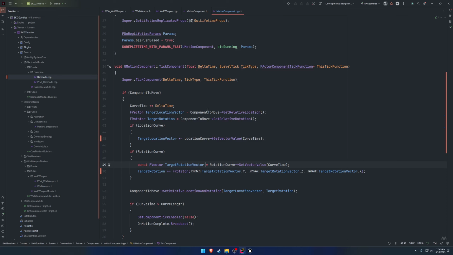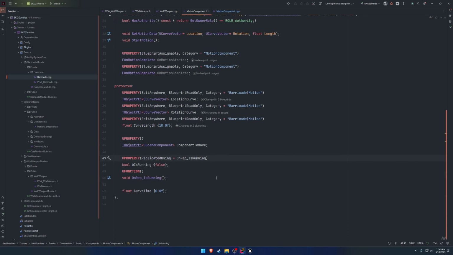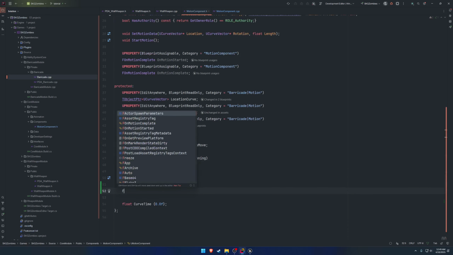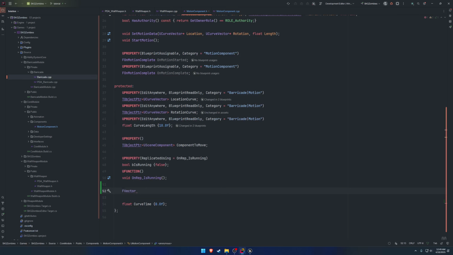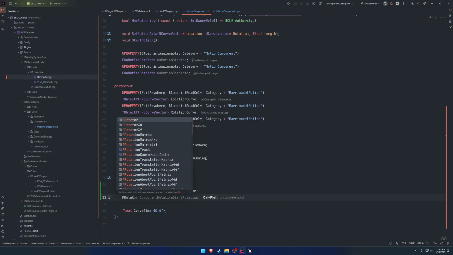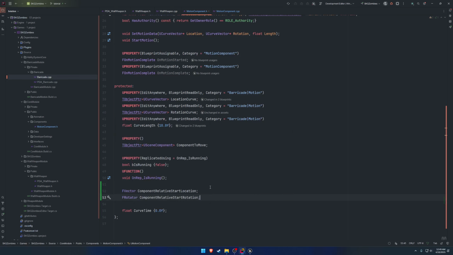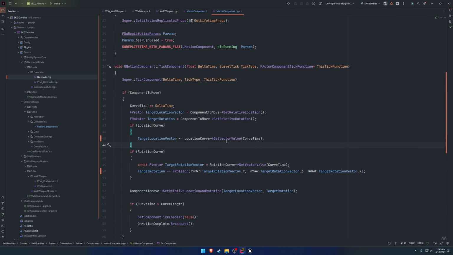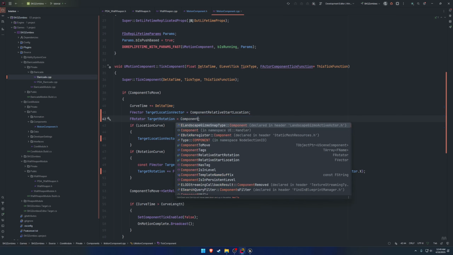the header. So we want a vector and a rotator. So in the motion component header, let's make an FVector, and this will be the component relative start location, and an FRotator, which will be the component relative start rotation. Now let's set the target location vector to the relative start location and the target rotator to the component relative